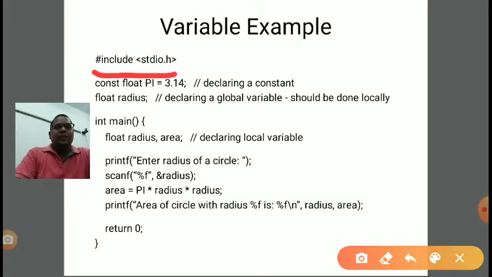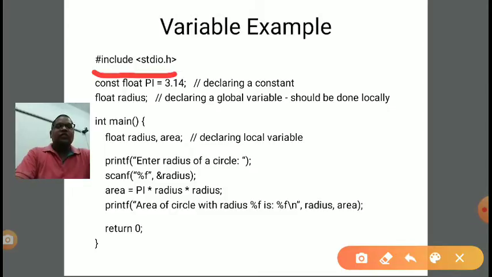Hash is a preprocessor directive. After hash, whatever we are writing, that is include. It is a keyword which we need to write as it is in every program. After that, in angular brackets, stdio is a header file with the .h extension.